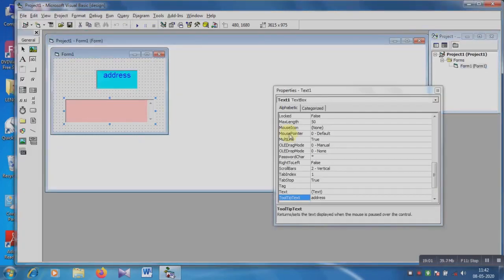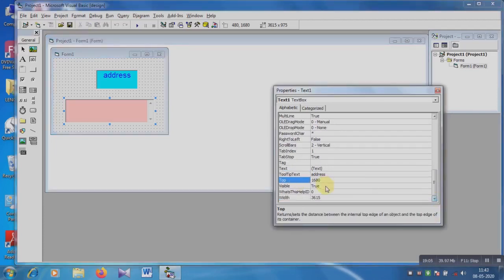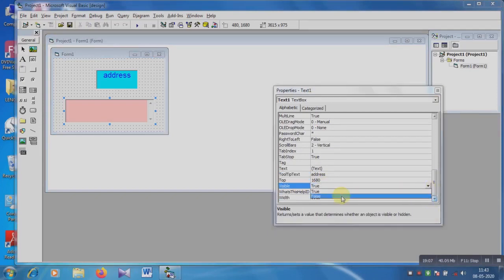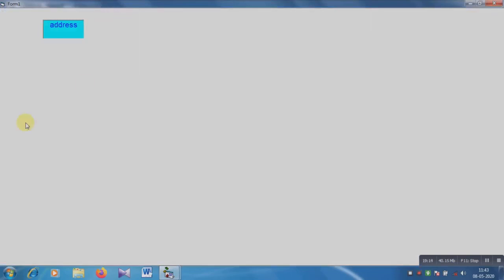So go to the object window, and then visible, same as the label tool. The visible option is true by default, but if you choose false, then after running the window, the text box will be hidden. See, only the label tool appears on the screen, but the text box is not here.